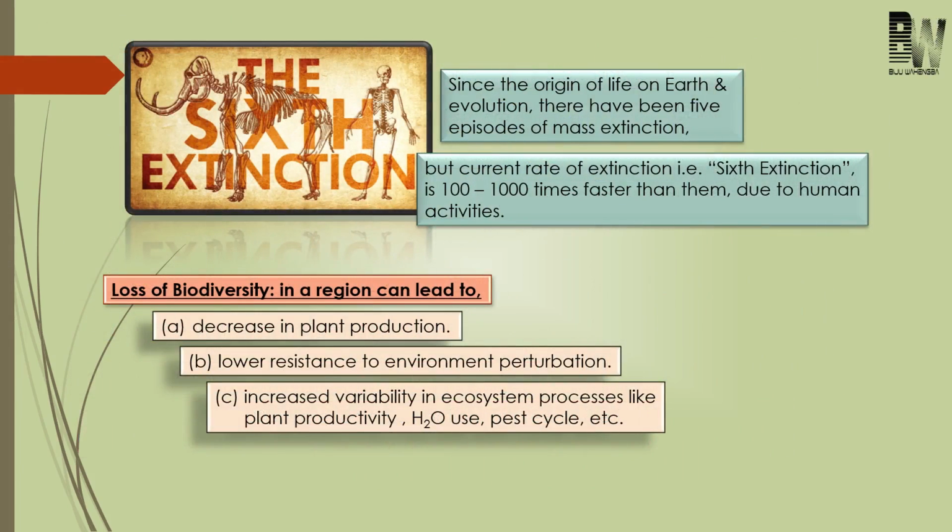Next come to the sixth extinction. So the point is that since the origin of life on earth, there have been 5 times, okay, 5 times mass extinction. And the extinction which is currently going on is considered to be the sixth extinction. So here a question may be asked in an exam like this. What is the difference between the previous 5 mass extinctions and the present sixth extinction? Okay, and the difference is that the present rate of mass extinction is much faster than the previous 5. So how much faster? It is 100 to 1000 times faster, and it is due to the involvement of human